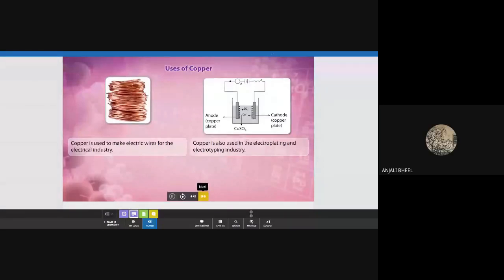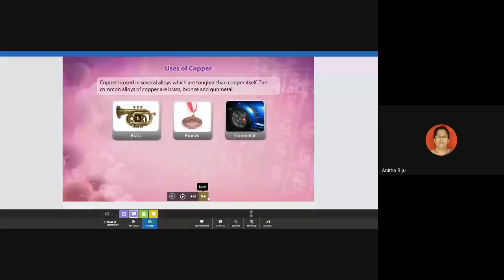Yes, ma'am. Okay, very good. So why is copper used? Because it can withstand heat for some time more. Normally, when we keep hot water in a steel vessel, after 1 hour or 2 hours, it will totally lose all heat. But when we keep it in a copper coated vessel, it can withstand heat a little more. That's okay. Another use of copper is it is used for making alloys.